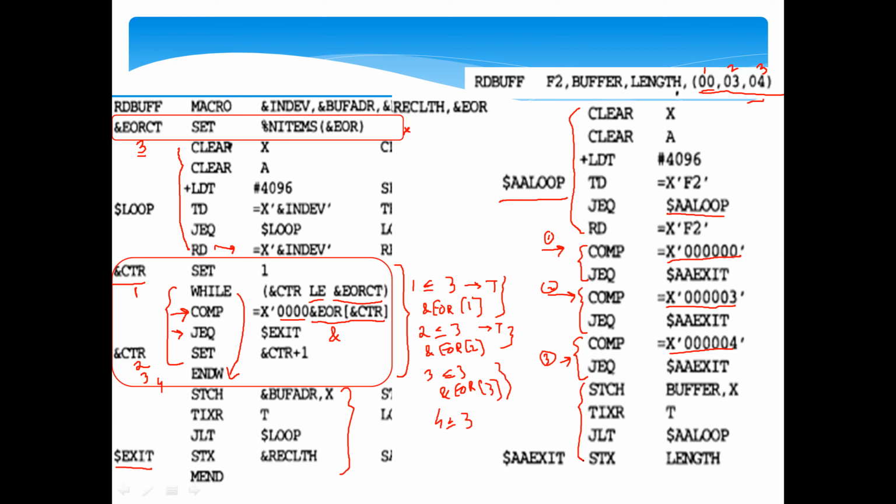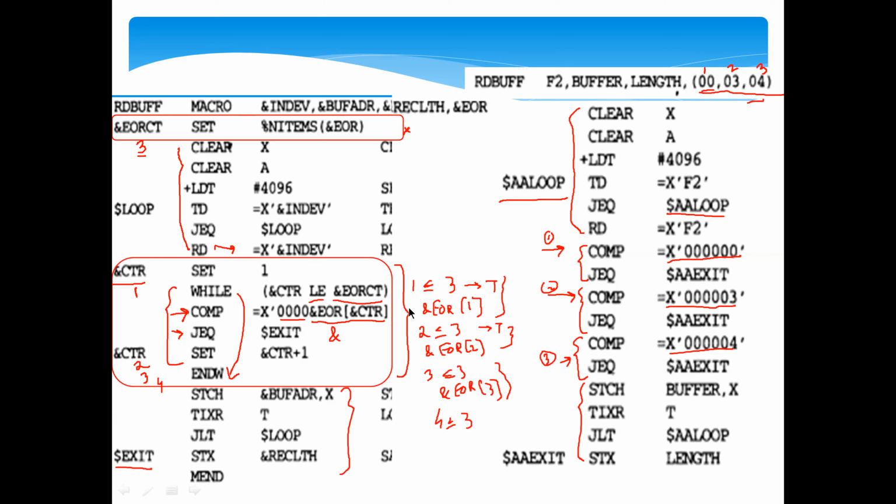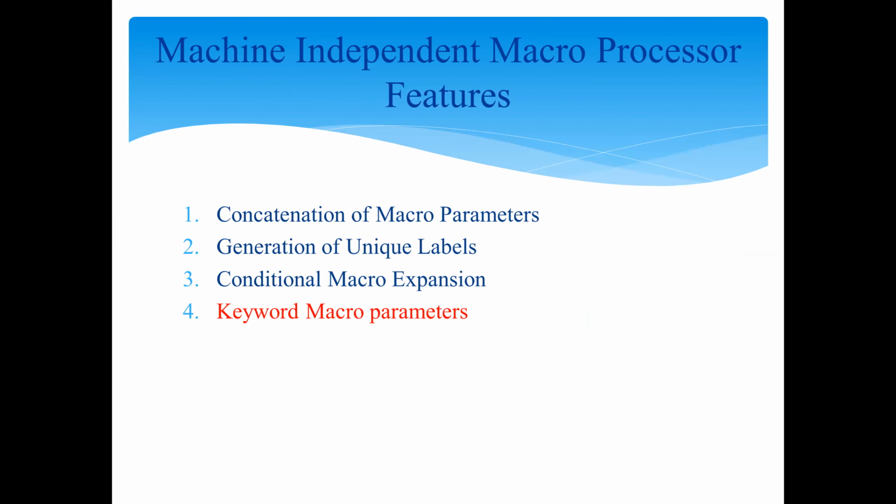They have shown you in this example the case where you can use while NW with a list. In order to have a loop variable, like an iteration variable, inside the condition, that's why you have the list. In different ways, you can write the program. Just to make you understand both these concepts together, they have taken this example. You can take a moment and try to understand what exactly happens in this program. So with that, we have learned about conditional macro expansion also.